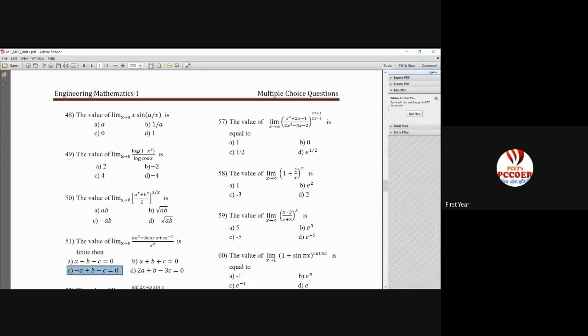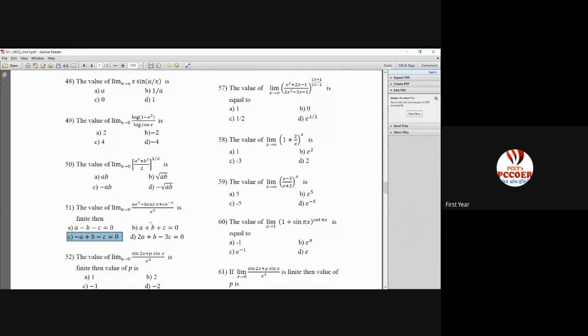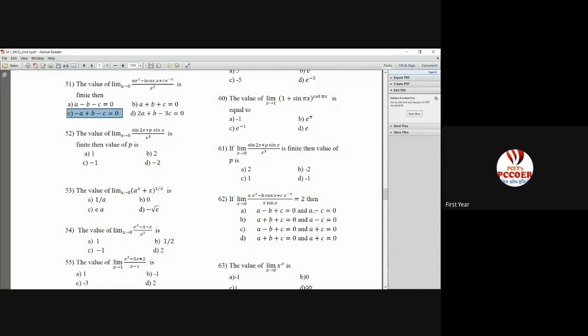No, just come back again. What is that equation? When you take the first derivative, a raised to x minus of minus will become plus b sin x and minus c e raised to minus x. So when you put x equal to 0, sin 0 is 0, but e raised to 0 is 1, na? So you'll get a minus c equal to 0, which is there in question number 62. A minus c is there. Okay, that is correct.